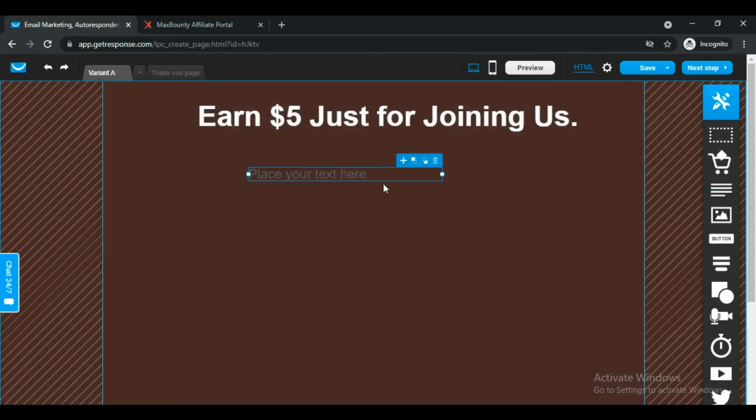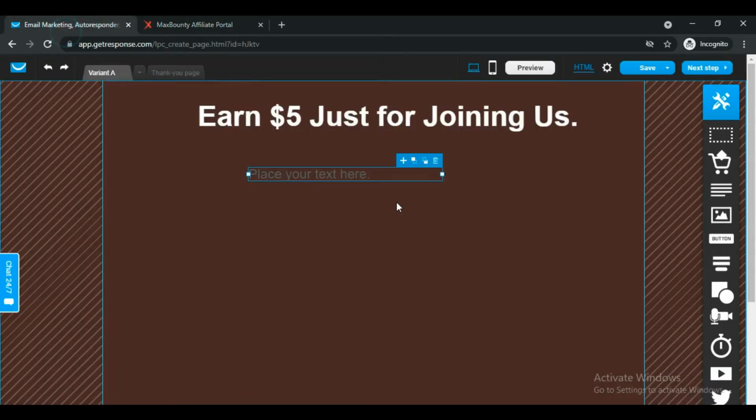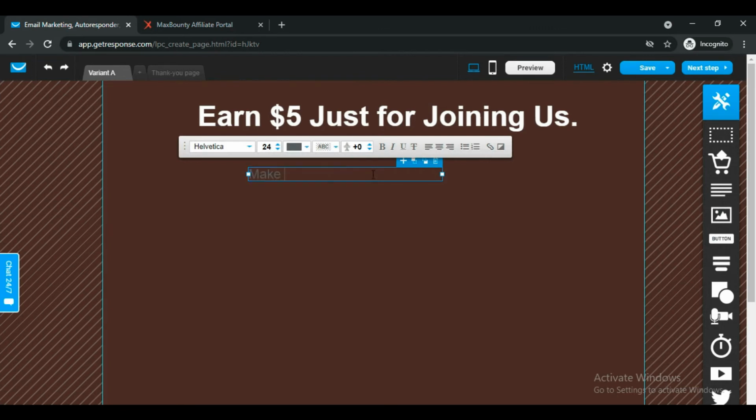So let's just drag the text here, and in the sub headline, it's written Inbox Dollars pay members to read emails, take surveys, play games and go shopping. So we can write here, make money by playing games, opinions and online shopping.